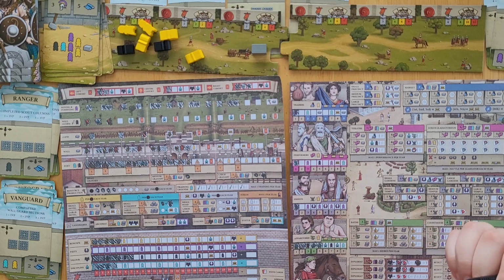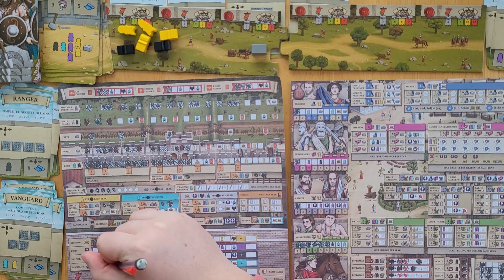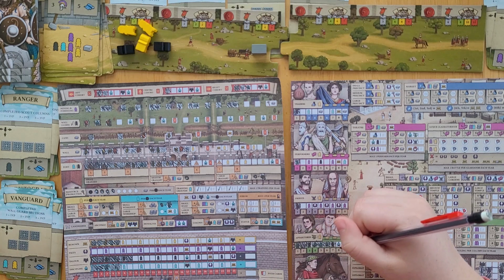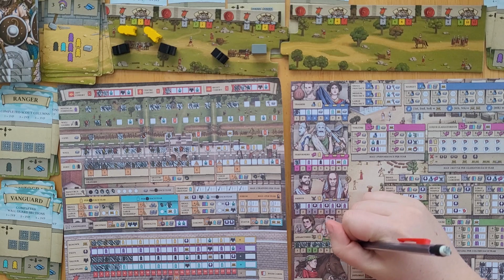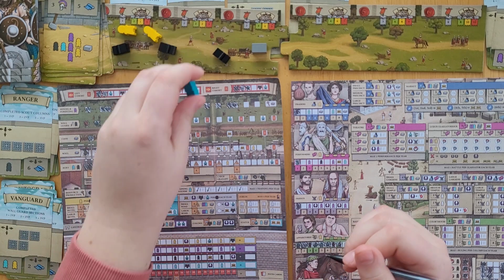Or I could use a black guy. No. I'm actually happy with that plan. So I'm going to do this, which gives me a point. Oh, this will get me there faster. Spend another guy, get a black guy, which I'm really happy about. I spend another yellow guy to get this point, and then I get a blue guy. And then I can spend the blue guy on the